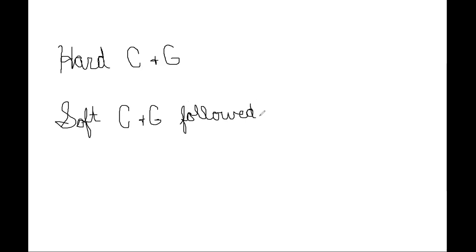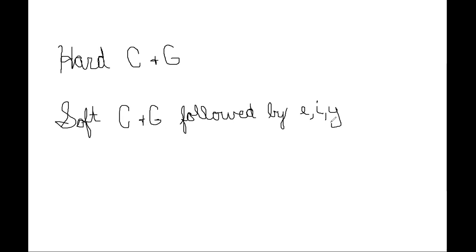Followed by, okay, an E, that's a cursive E, I, and a Y. Okay, so if the letter after the C is an E, I, or Y, the C says